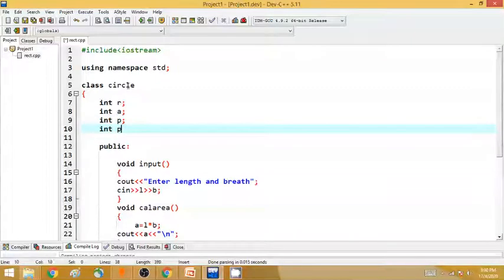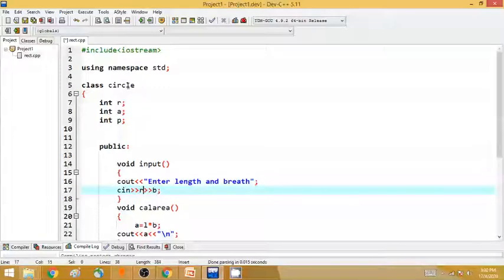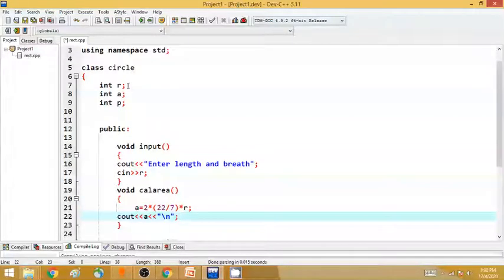It's the same thing, so we don't need other variables. In case of input, you will be just giving the radius, because in case of a circle it is relevant. So here the area of the circle is 2 pi r. 2 into pi means 22 by 7, and 2 pi r means the radius. You have already taken the